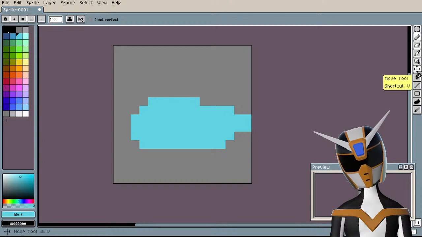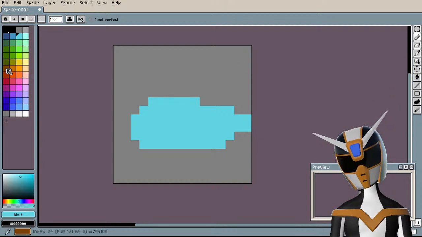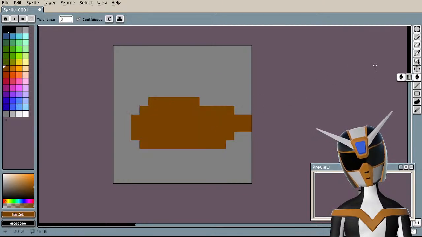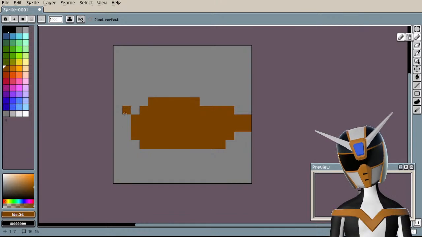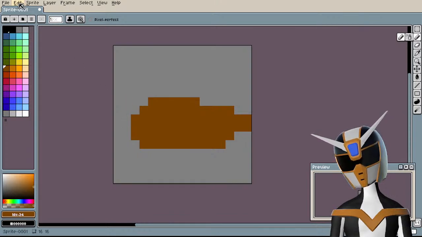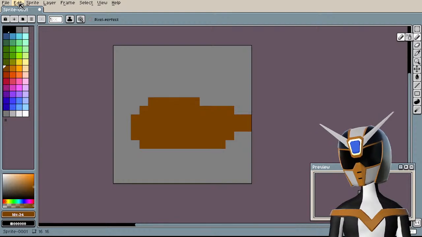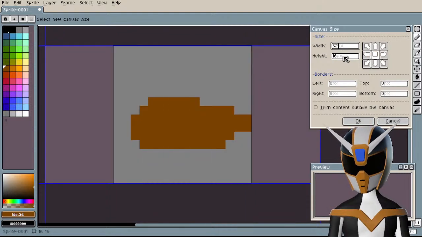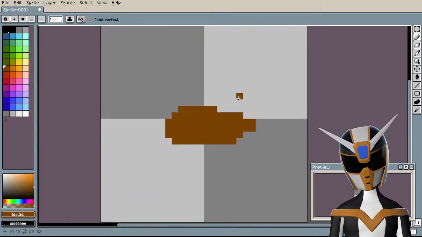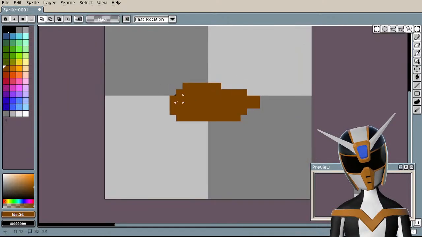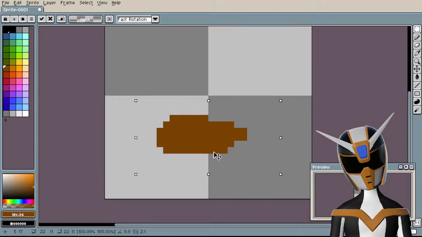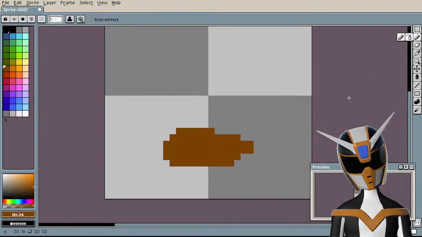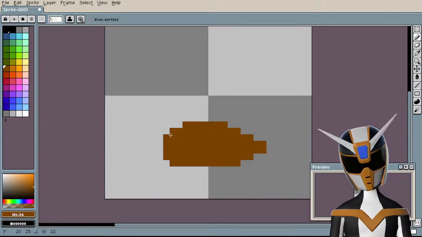I don't know if I like the color of this bull right now. I'm gonna make it more of a bull color instead of bright blue. You can't really tell what it is. I think this is a bit too small for what I want to do. Let's make the canvas 32 by 32. Oh, no, this is way too tiny. Or maybe I should just make it really small and stupid looking instead of even trying to make it look remotely realistic.